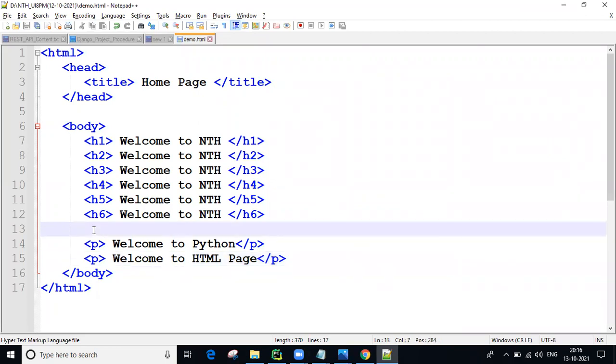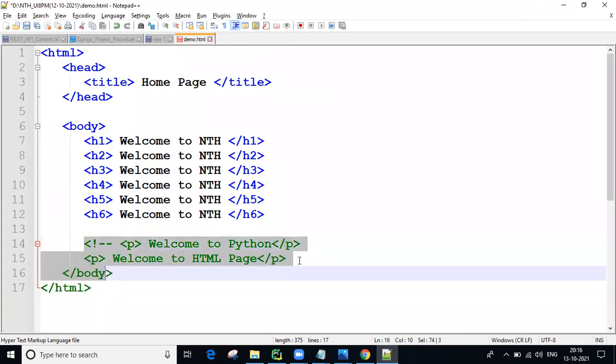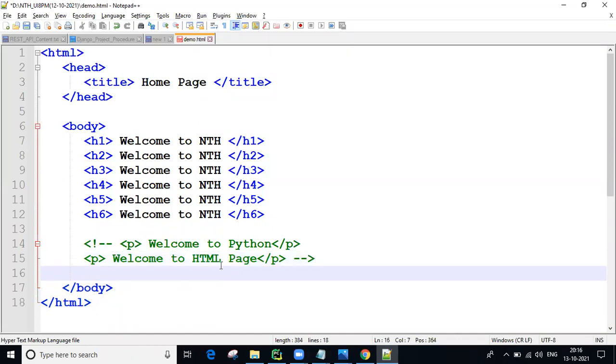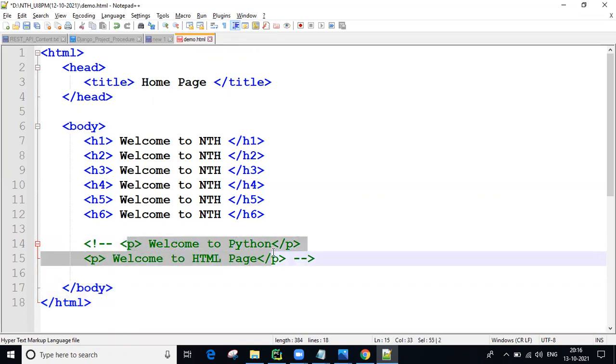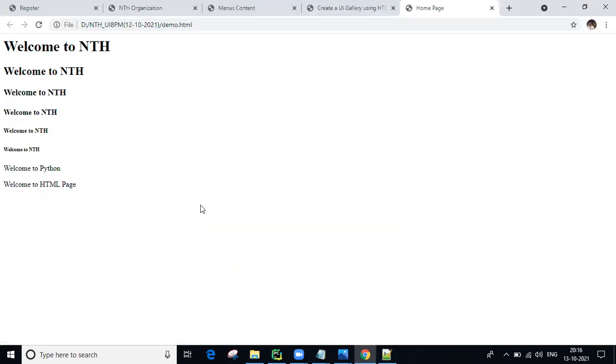Now I'm going to put it here, guys. If you start and don't close, HTML selects everything up to the end first. So I select up to where I want the comment to go. See, the remaining body and HTML tags get an active blue color, while these two lines get a different color, meaning they are now ignored by HTML. So only the rest will be the output. Save it, Control S.